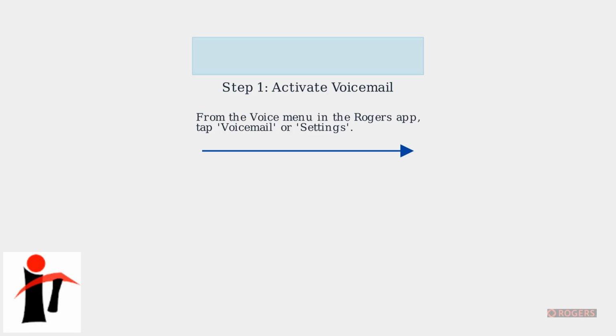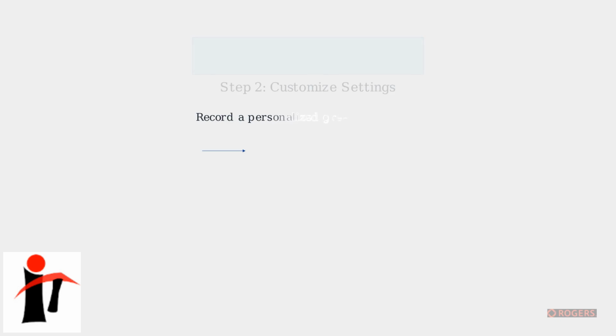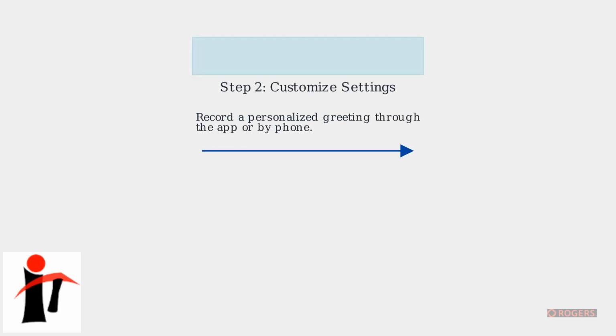From the voice menu in the Rogers app, tap Voicemail or Settings. Select Activate Voicemail if it's not already enabled. Customize your settings by recording a personalized greeting either through the app or by phone. Enable transcription to receive real-time summaries of your voicemails and choose your preferred notification settings, such as app alerts, SMS,